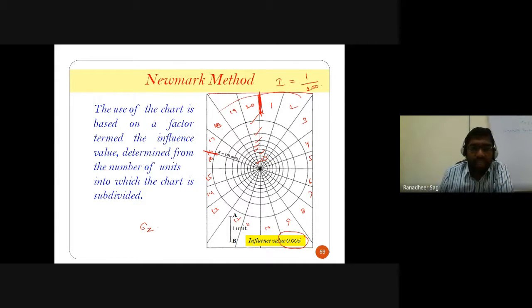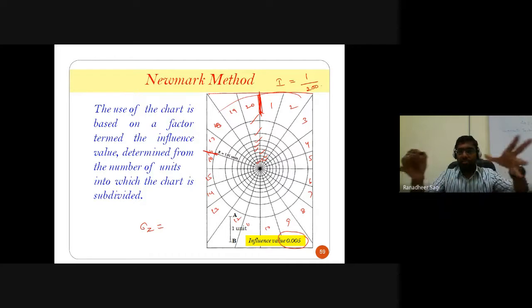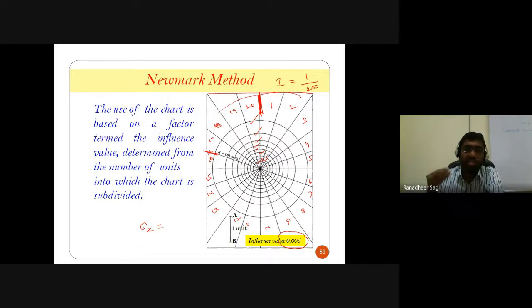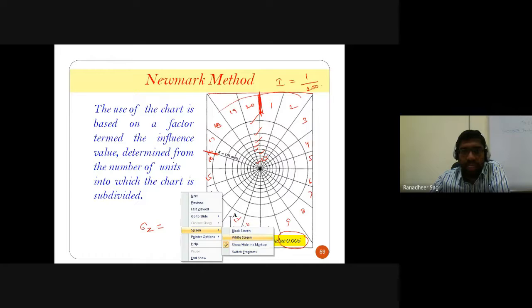Okay, so now let us understand how much the vertical stress is going to be for some particular shape of foundation from which the load is getting distributed onto the soil. So how do we calculate? Let me quickly give you an idea by roughly explaining it here. If you are interested, please refer to any standard textbook, or on YouTube you have many lectures which give a clear picture of how to calculate this so-called vertical stress based on your Newmark chart.